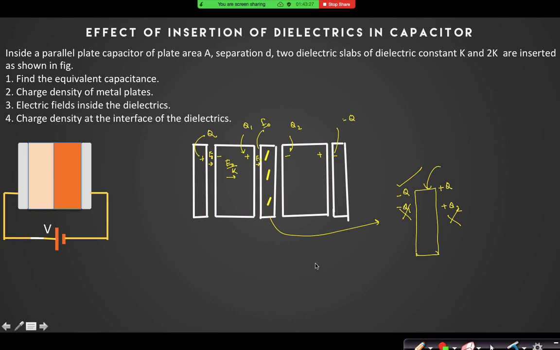Oh yes, sir. Got it, sir. Then it can be inserted at any junction, but the condition should be that it should be equipotential. Any perpendicular electric field you can use that, no problem. Okay, I think now your doubt is clear. Good question.